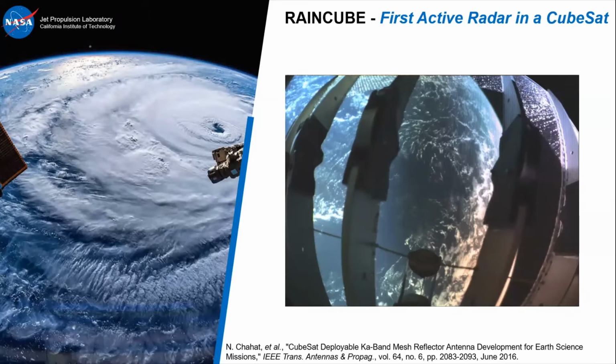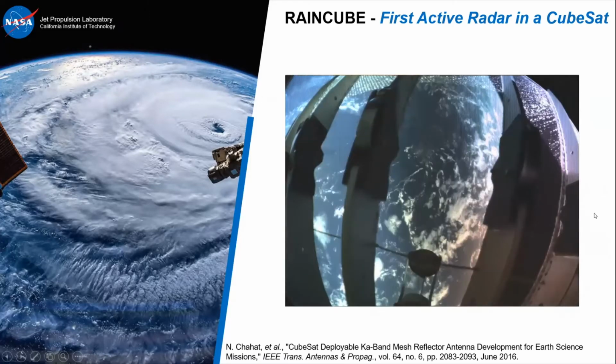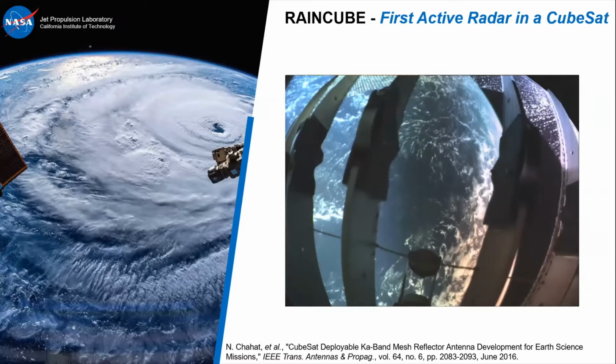At Ka band, we needed about 0.2 millimeter RMS surface. So you need to be aware of these things and make sure that your mechanical engineers are aware of the requirements that you need to meet from an RF point of view as well. So from this picture, you can actually see also the strut that holds the subreflector, and you can also see the mesh. The reason why we took these pictures that we put together to have this very, very nice video is to overlap with a picture that we took,